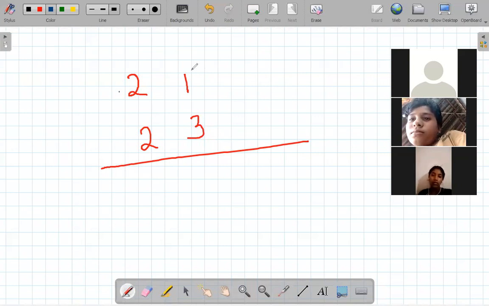Usually multiplications, we start from the right side. But here you can start from the left side also. You can start this multiplication from this side or this side. Both sides you can start. Check it properly. One-liner multiplication.